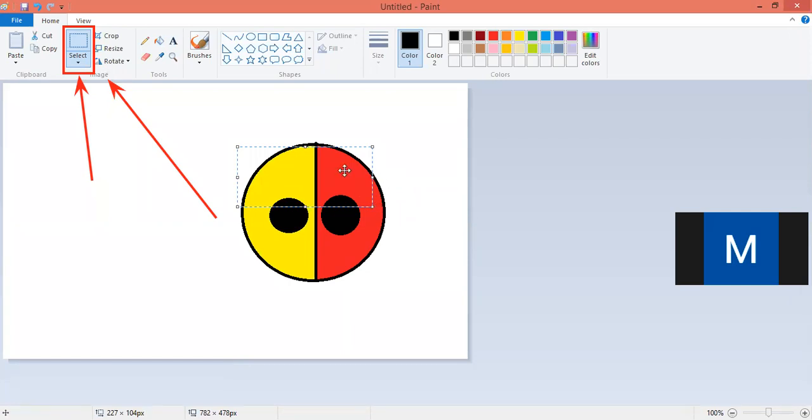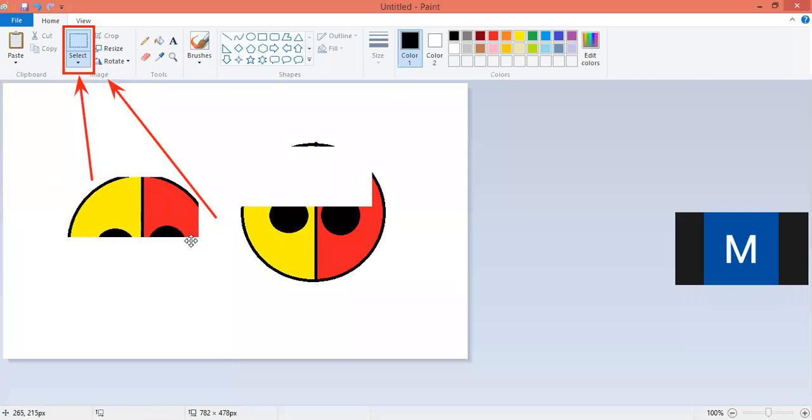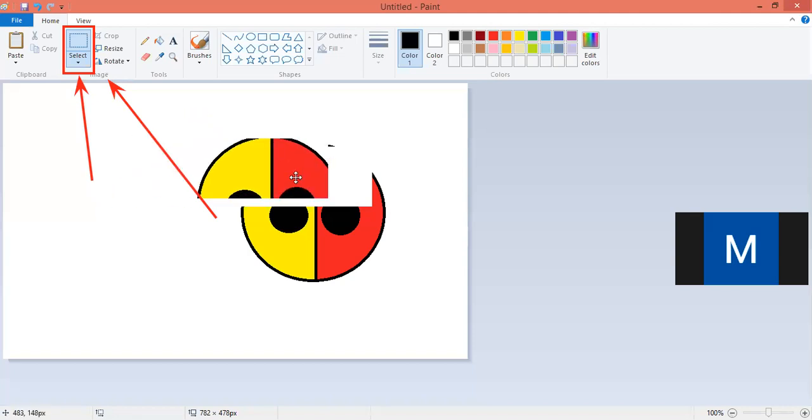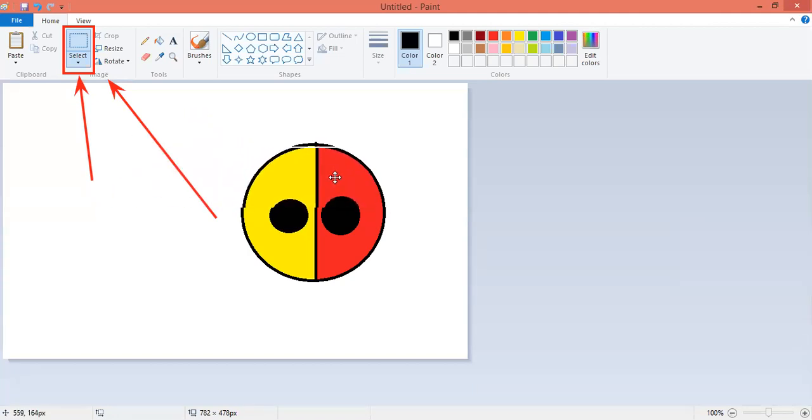Then I just cut it. You see the rectangular form is cut from that place. If I paste it again, you can see I can get it in this place. In this way, I select the picture in rectangular form. I can place it here, so I can make it complete by placing it here. Now, if you see one more thing, for example, I again select the rectangular tool and I am selecting this area.